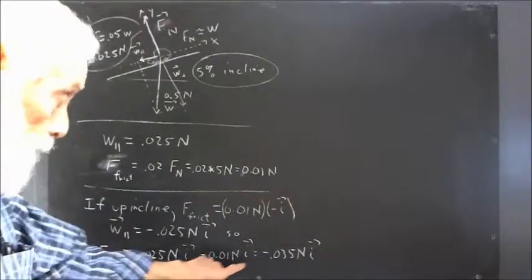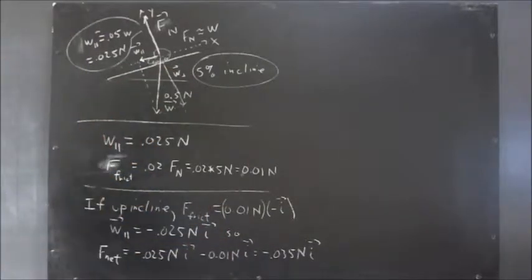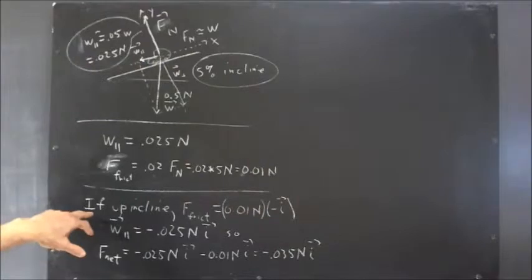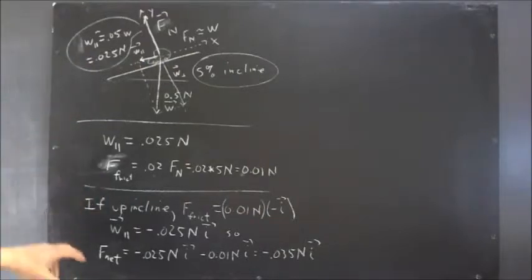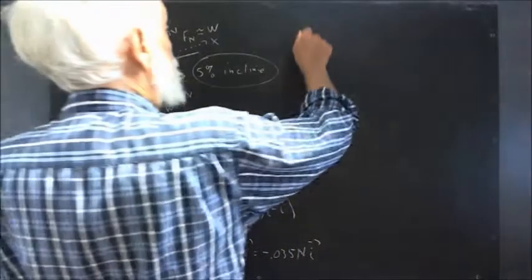But I want to put that in the context of the vectors. You want to be very careful to get the direction correct, because this is a frequent pitfall. Okay, that's if up the incline. Now, if down the incline,